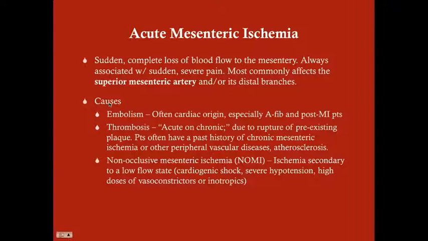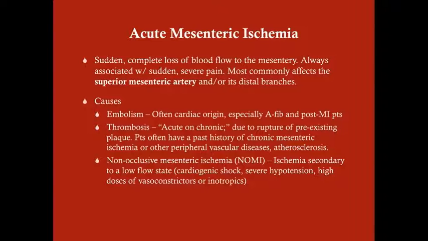What are the causes? Sort of alluded to this earlier. Embolism. I would say this would be the number one cause. Embolism, just like with the lower extremity diseases, when you get an embolism, it's often cardiac in origin. So particularly what we're looking for here are AFib patients or post-MI patients. They develop an embolism in their heart, but in this case, it goes to usually the superior mesenteric artery, whereas in the lower extremity, if you had lower extremity disease, sudden limb claudication, what you would have in that case,